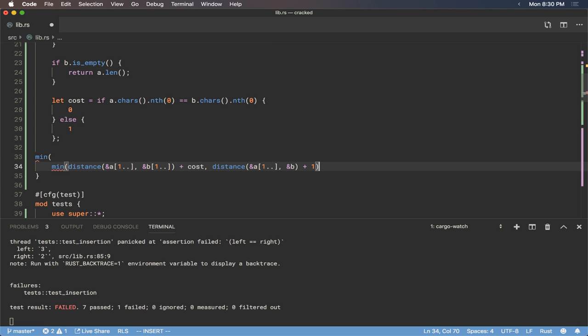Can you? Oh, you can't. You can't min 3 things. It just takes 2. Min is fixed. So we can't min 3 things. I mean, we could allocate a vector and do that, but this'll work as well. So in this case, it is a distance again,